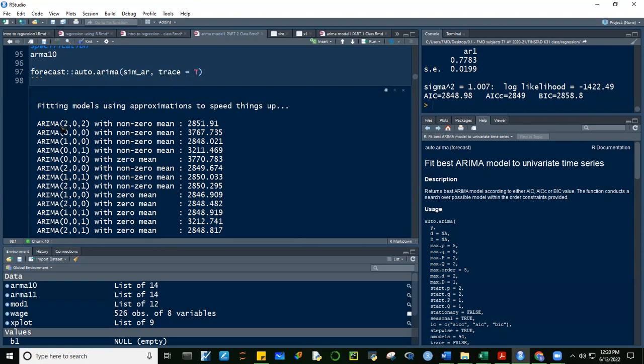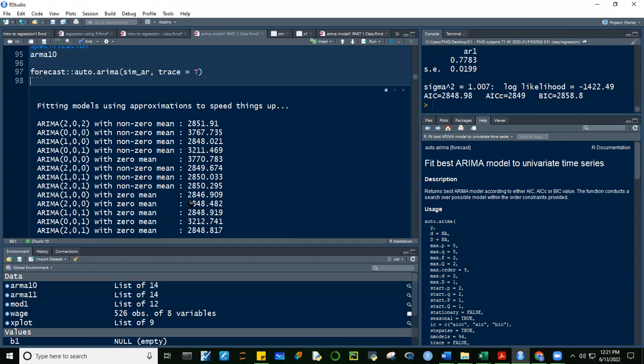All right. So let's take a look at this. Sabi niya ARIMA202 with non-zero mean, 2851. Okay? Ito yung ginawa natin kanina, no? ARIMA100, non-zero mean, 2848.021. Okay? So you have a list here of different models. ARIMA201, 001, 101, no? Ito yung kaninang ginamit natin, ARIMA100, walang mean. Tapos meron ding ARIMA100, okay, with non-zero mean at saka with zero mean.